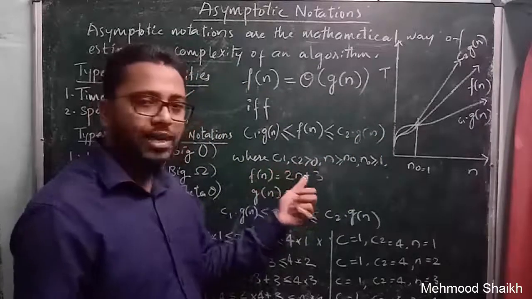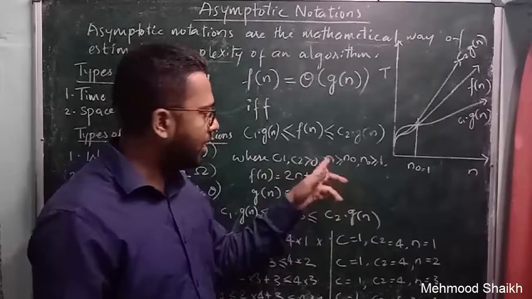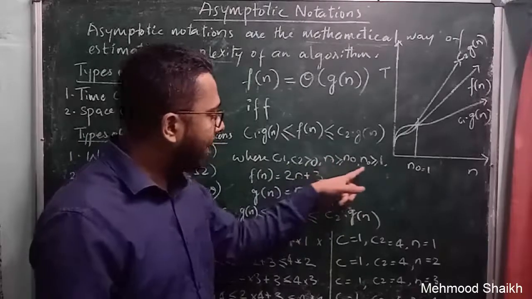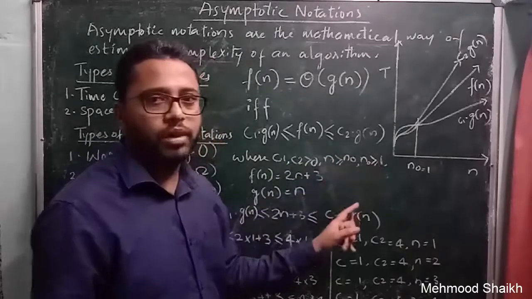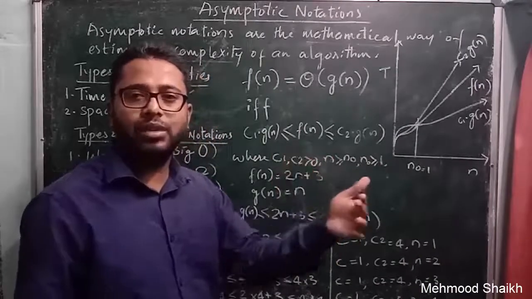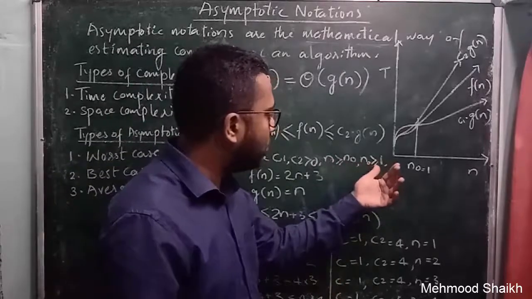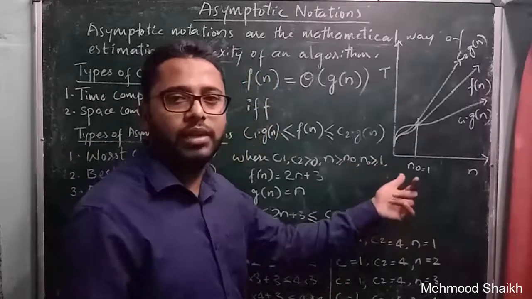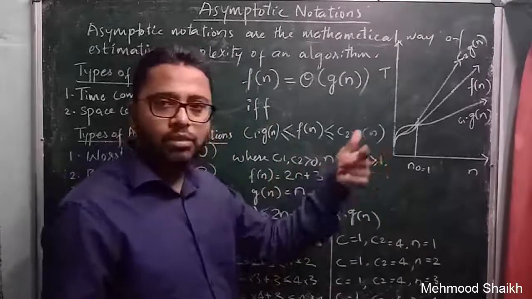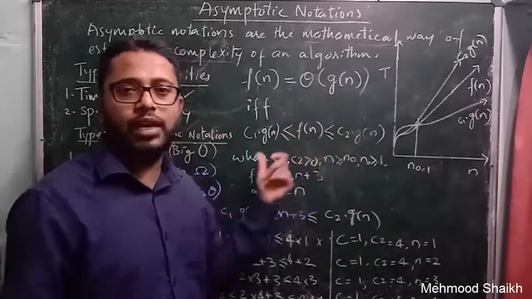c1 and c2 have to be greater than 0, and the n value, which is the number of steps, has to be greater than or equal to n naught. And n naught is greater than or equal to 1. Okay, so you should have at least one or more steps in your algorithm, and your n naught value has to be either 1 or greater than 1. When you meet these conditions while executing the algorithm, then you can say your algorithm is behaving in an average case scenario.